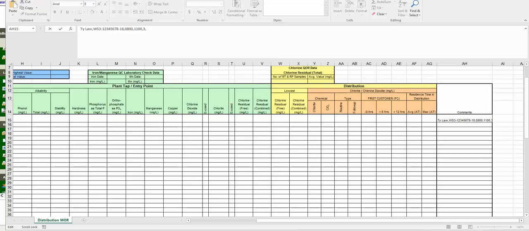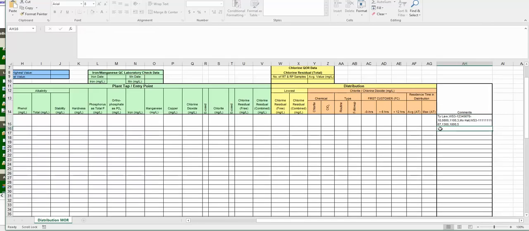And I'm just pasting this in because my typing would take us too long. So once I've got my 2 people for that day, I'll hit enter. It shows up there. I will get my second day here.